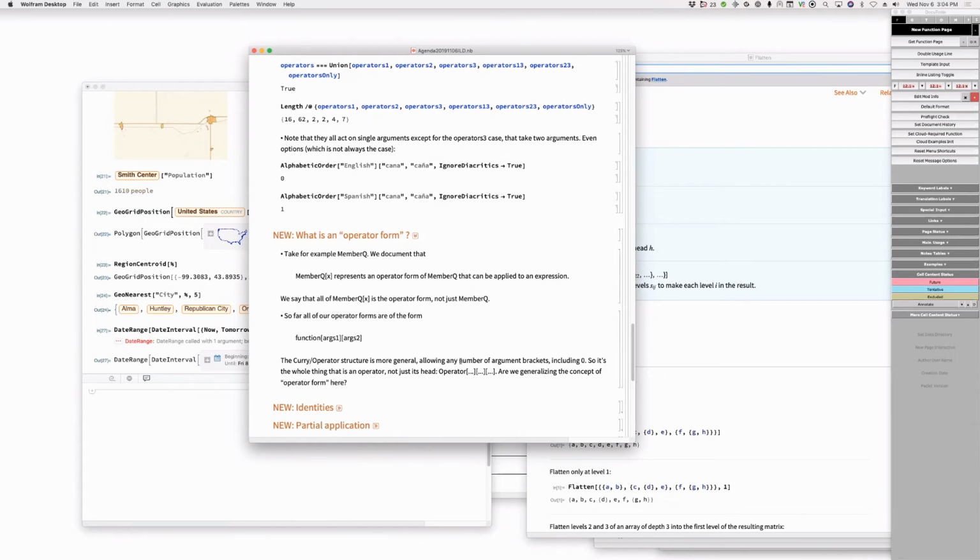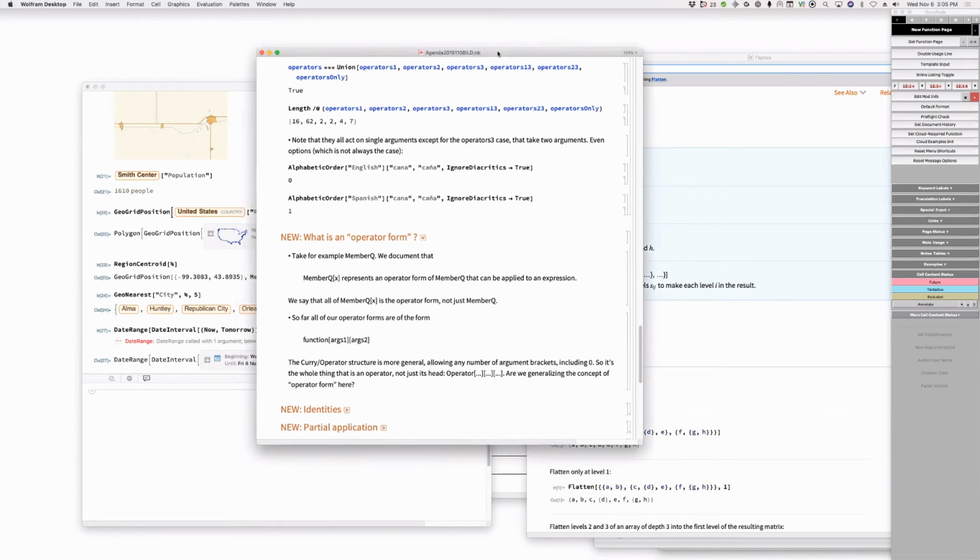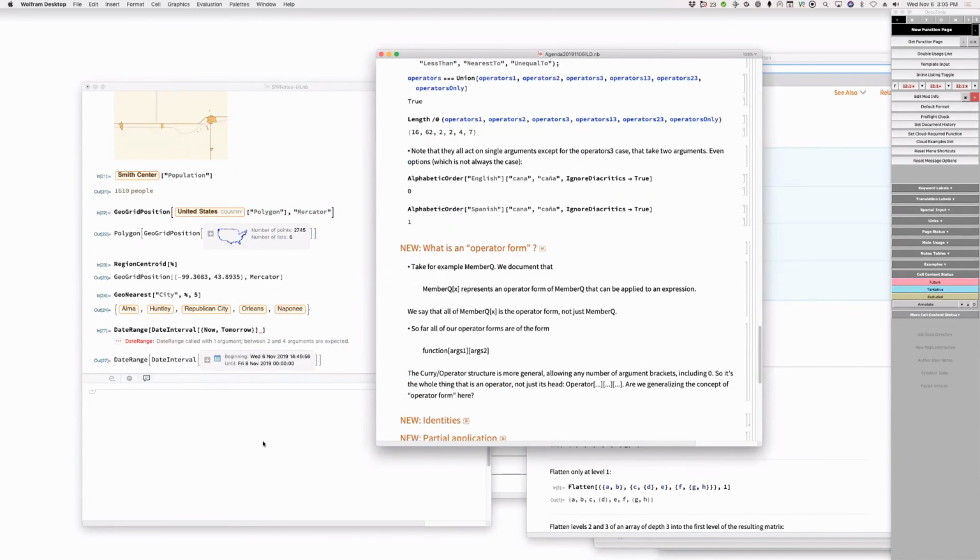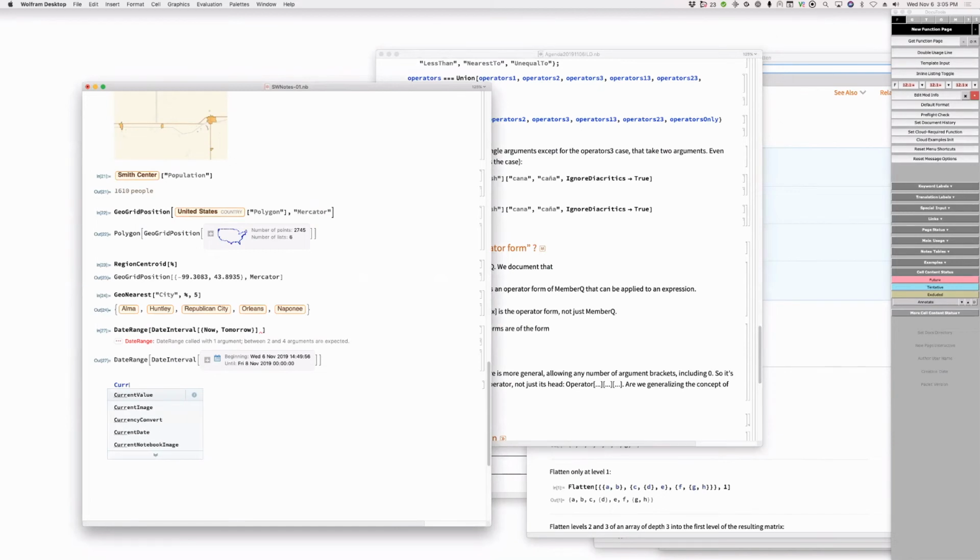Okay, go ahead. Yes, I was thinking about operator head as an alternative name, precisely because the symbol is the head of the operator. It's an operator form once it gets some arguments. I see. We'll have two utterly obscure names, curry and operator head. We might as well just call it headdress and be done with it.